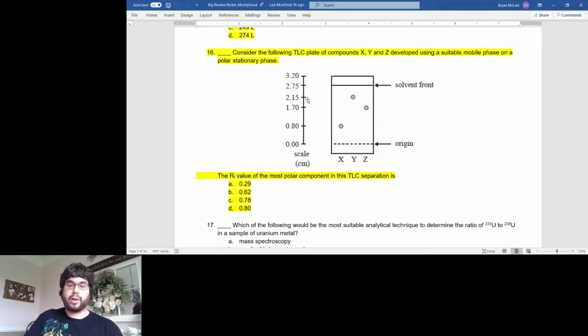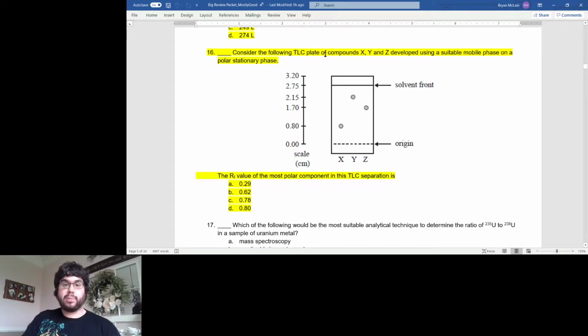And remember that with TLC, it is a kind of chromatography where you have a piece of paper essentially, which will act as our stationary phase, and then a solvent, which will move through that paper, and then we have some kind of sample, which will be separated into individual components by the solvent that is being absorbed by the paper. And they tell us that we have,